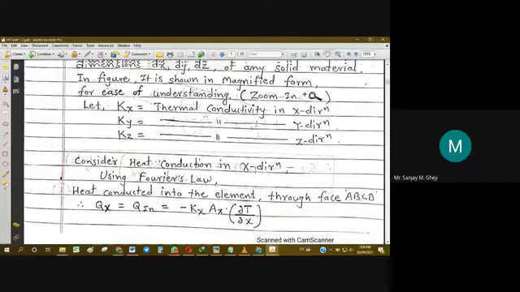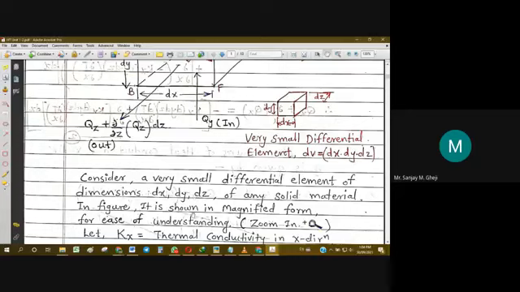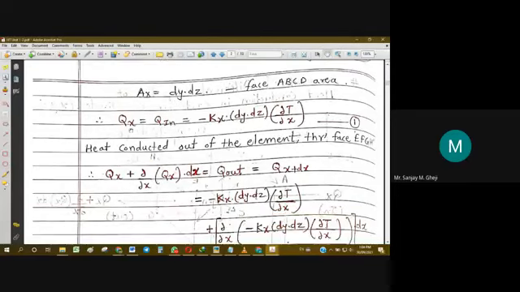Now see this area. As per the law, the area should be perpendicular to the direction of heat transfer. The direction of heat transfer is horizontal here, so the area normal to it is this area ABCD, that is the inlet area, and it can be calculated from the dimensions. This is a rectangular face, so it will be dy into dz. So Ax will be equal to dy into dz. That will be the next step. So Ax is written as dy into dz, the face area. So Qx equals minus kx dy dz ∂T by ∂x. Let's call it equation 1.